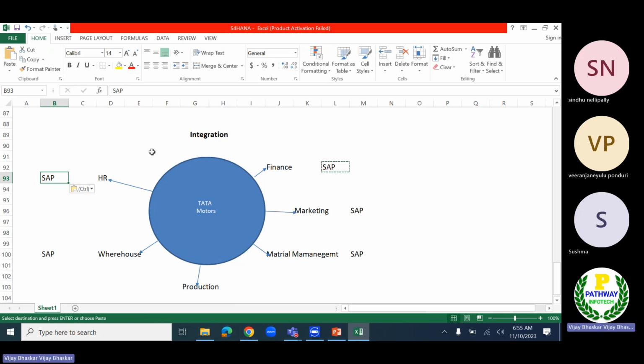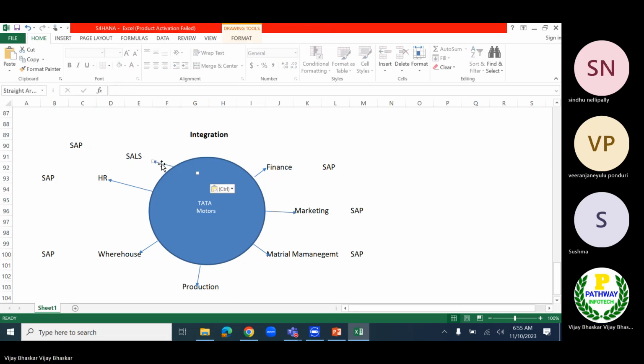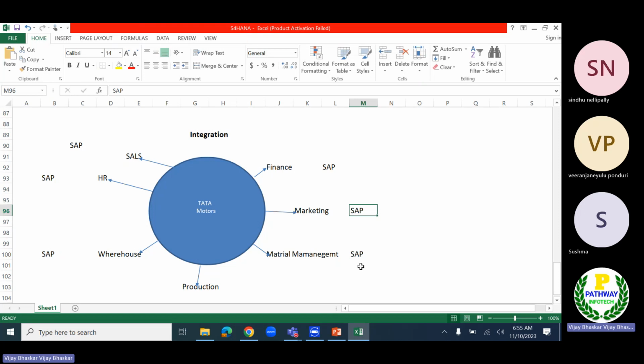Sales also, you put the sales. All the departments are using the same application, the same software.